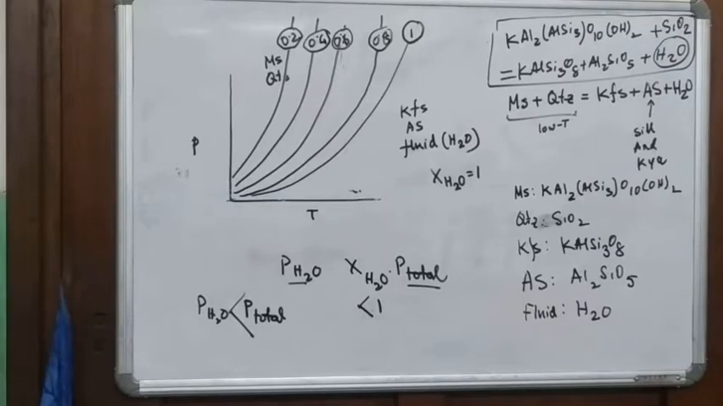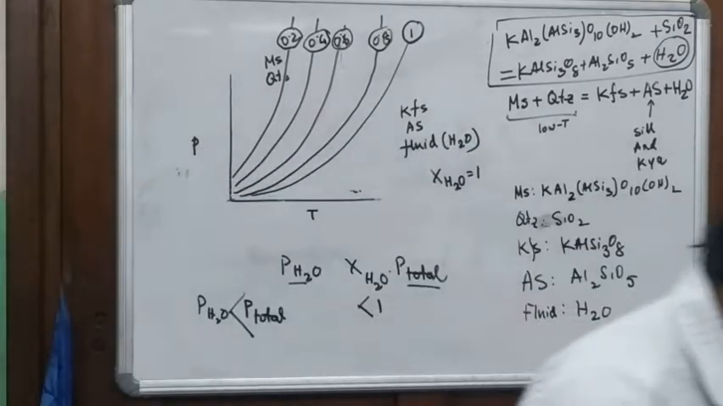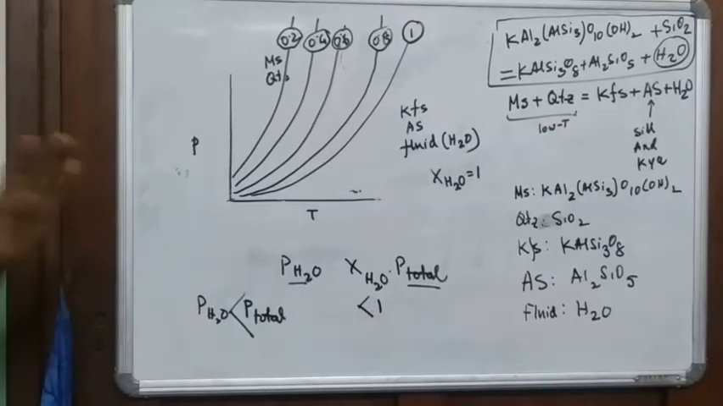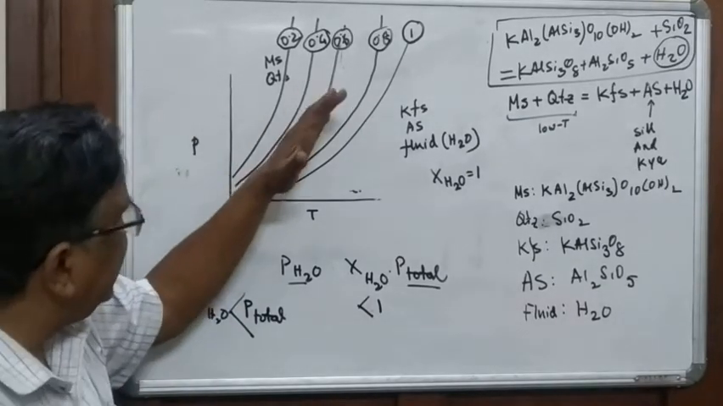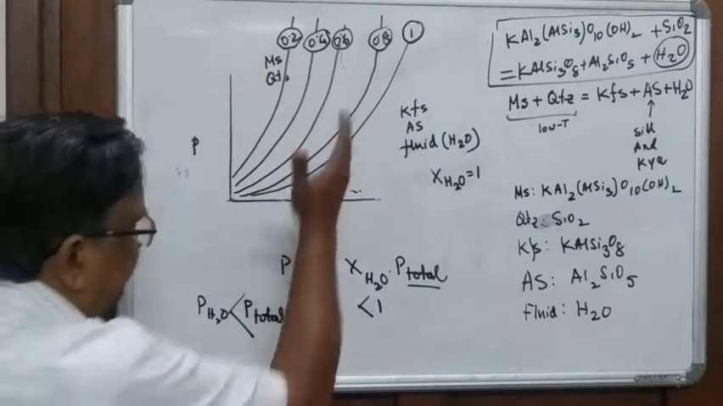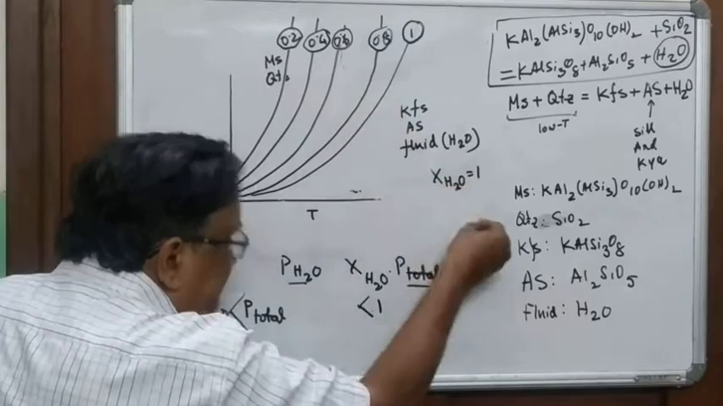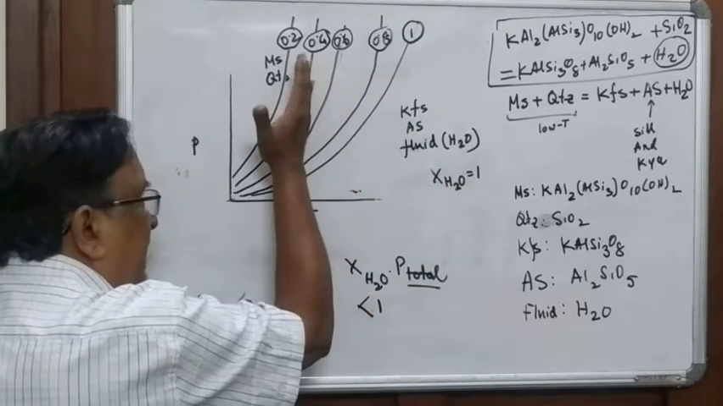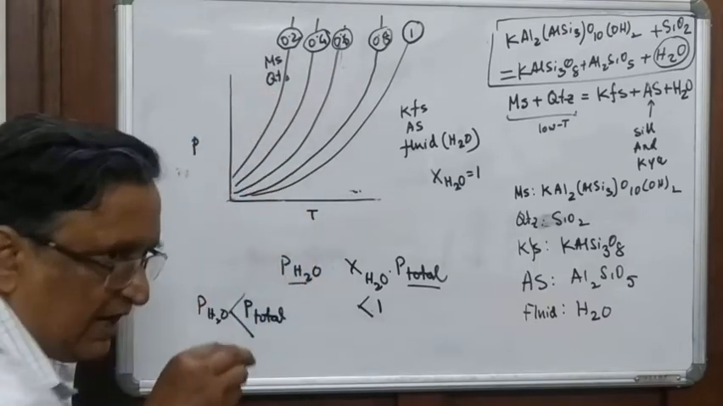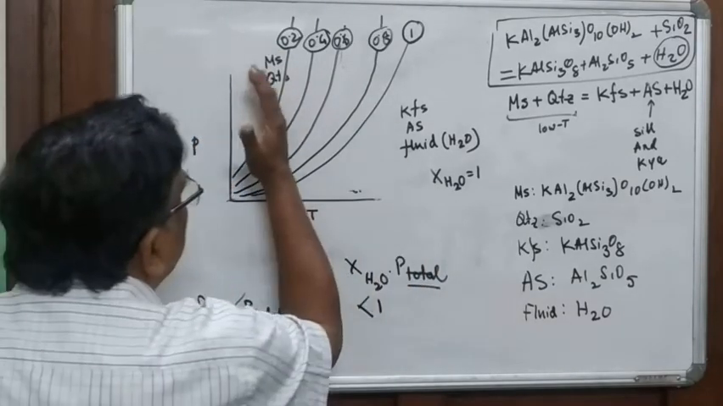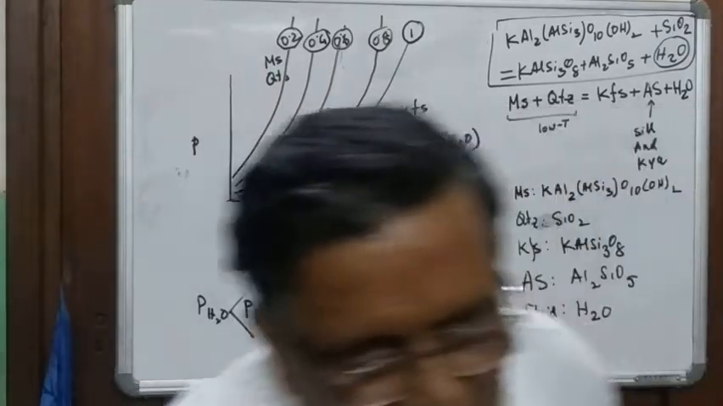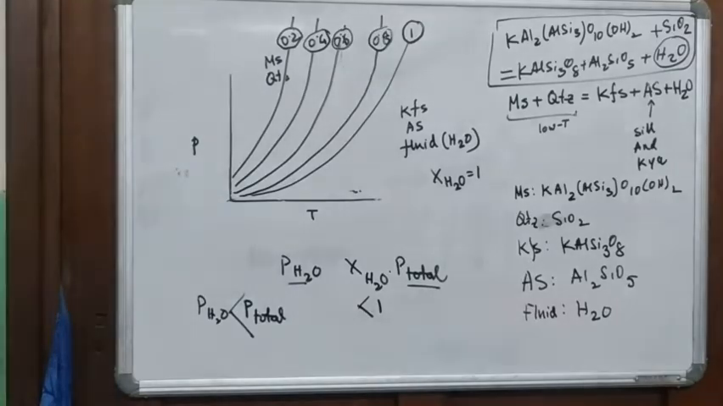That's it. This is a truth. When you decrease XH2O, the stability of the low temperature mineral changes. So if you decrease H2O, then what is happening? The stability of muscovite plus quartz is getting more restricted to the lower temperature. Have you understood? This is a truth for all metamorphic